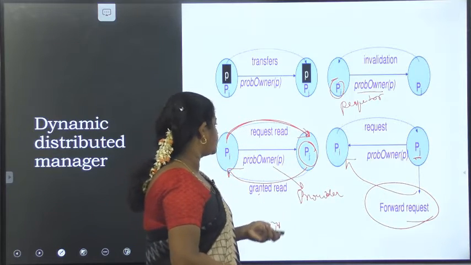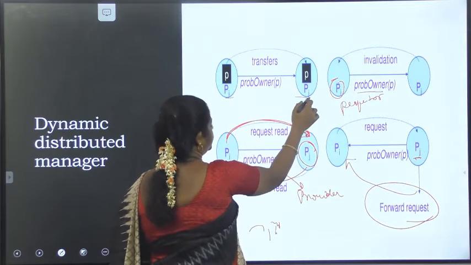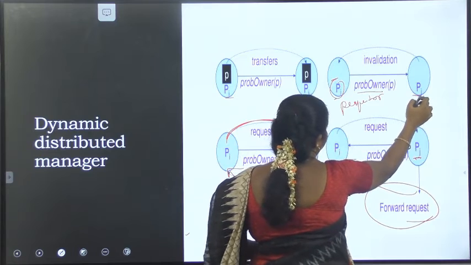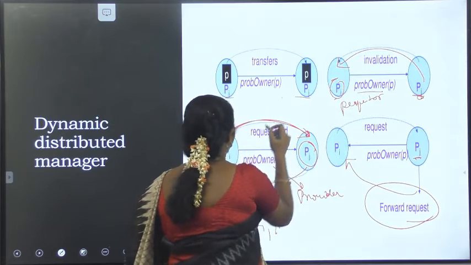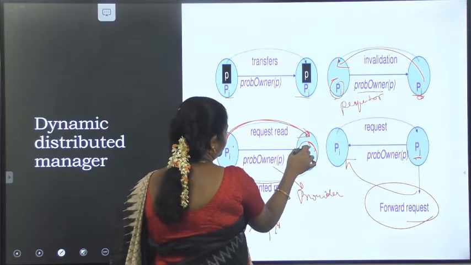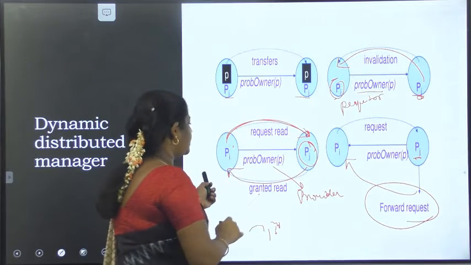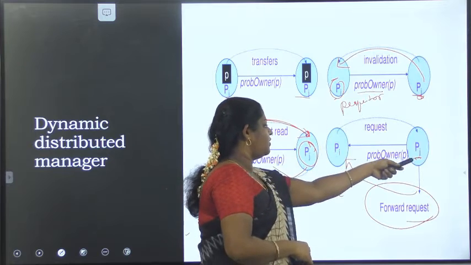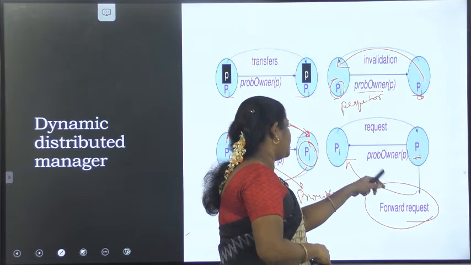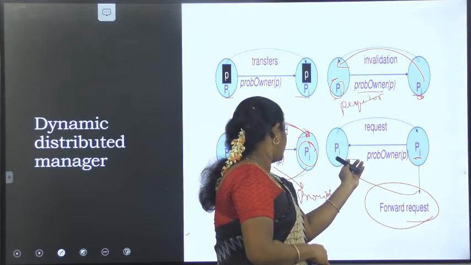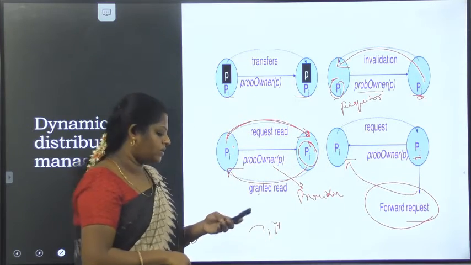So these are the 4 steps in the dynamic distributed manager. First, it transfers its ownership. After it transfers the ownership, whatever page it updates will be sent to Pi, and if Pi wants to read anything on that particular page, it should send the request, and then Pj grants the read access. If the grant doesn't arrive within the time, it asks Pi to retransmit the request.